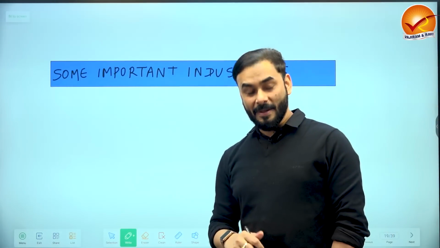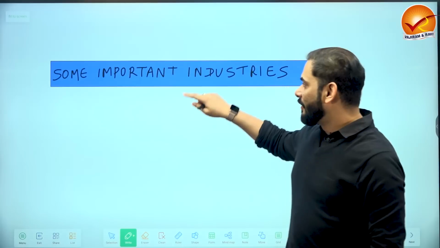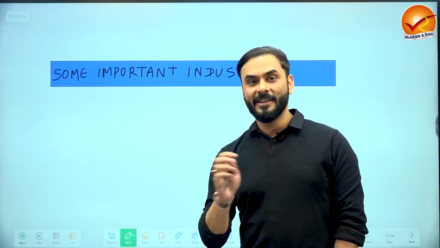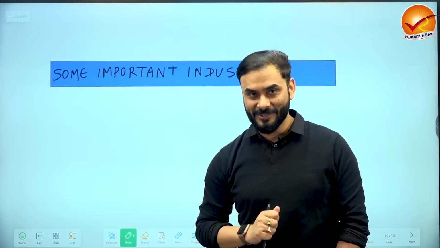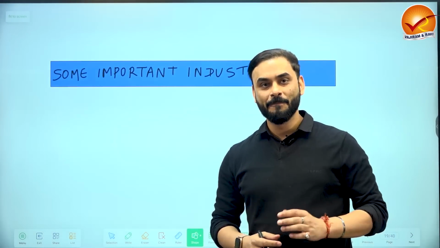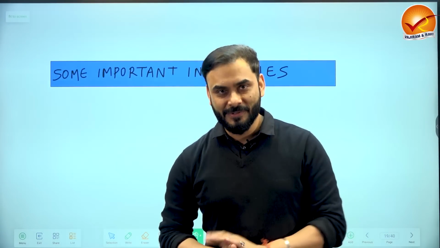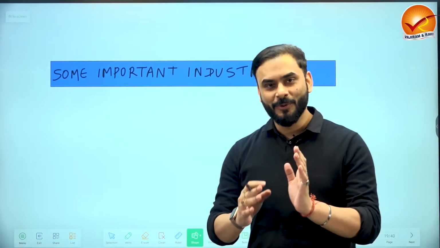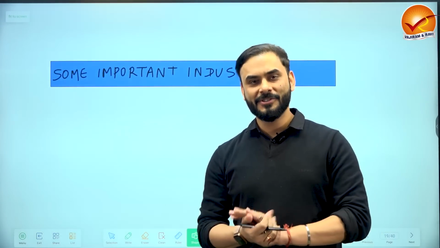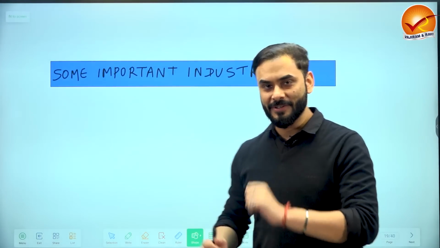Now we are going to examine, after having done the basics, some of the important industries and how they performed in India in the last 1 or 1.5 years. All right. Now, before we get into these important industries, let me give you a brief idea about production-linked incentives. We have already spoken about it in the previous video related to the economic survey, but nevertheless, let us recapture that idea and then get into the important industries.